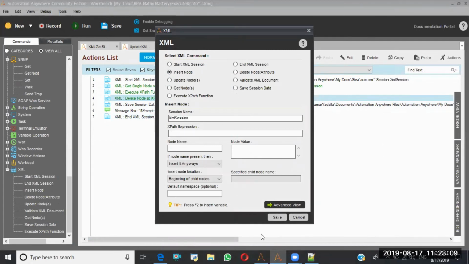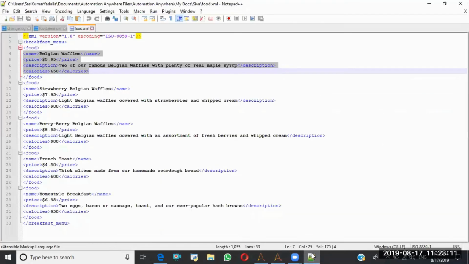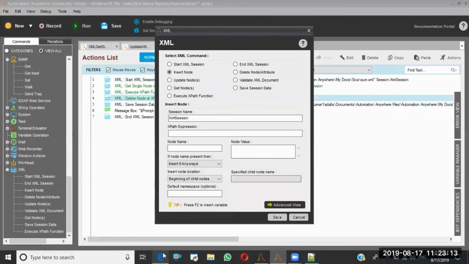XPath. What is the XPath of this one? Let me check. I think root. Root. Here I want to give the node name owner Shashi, and here insert it anyway. Beginning of the child node, end of the child nodes.